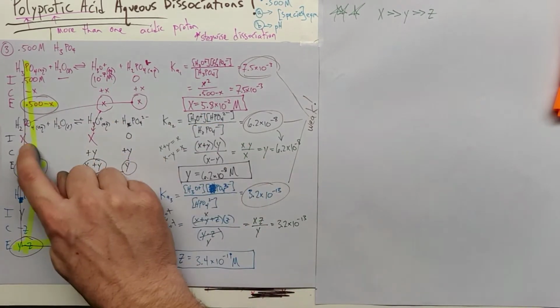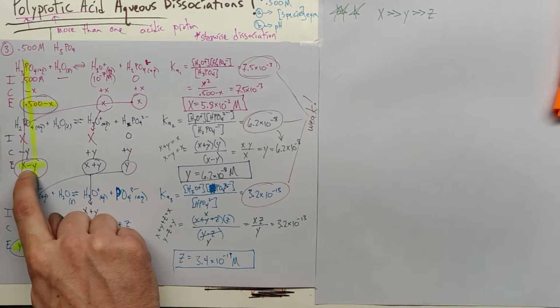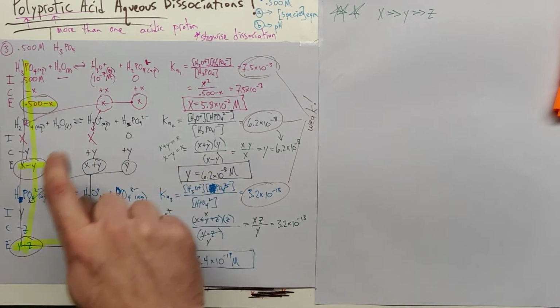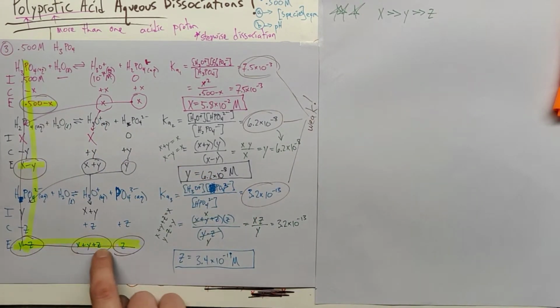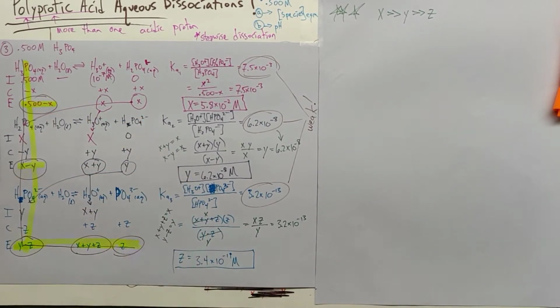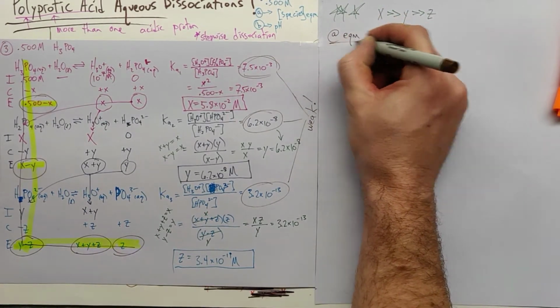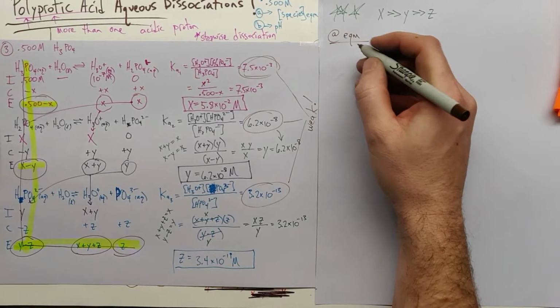H2PO4 minus, I see again here, so this number isn't going to be the final number. I need that one, right? HPO4 2 minus, I see again here, so that's the final number, and then we end up with just that. So we've got 1, 2, 3, 4, 5, and hydroxide gives us 6 things in the final solution. So at equilibrium, we're going to have what we said there, which is the